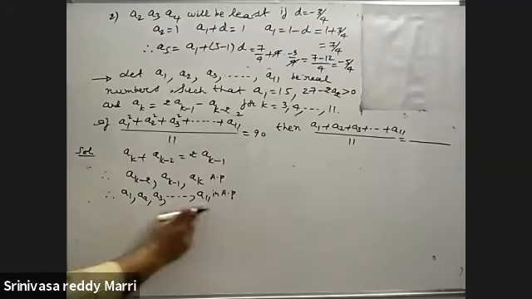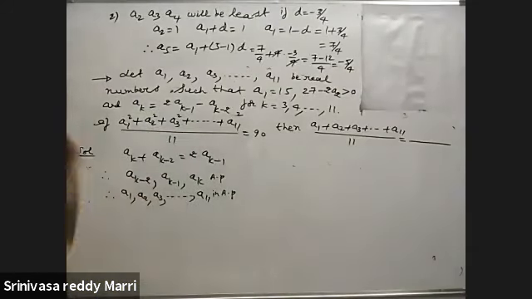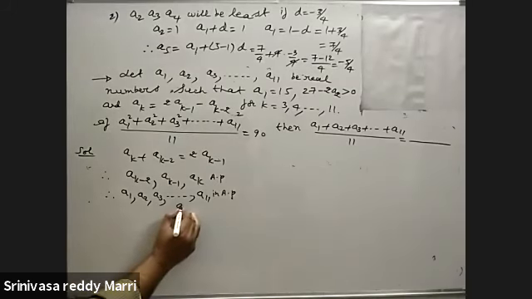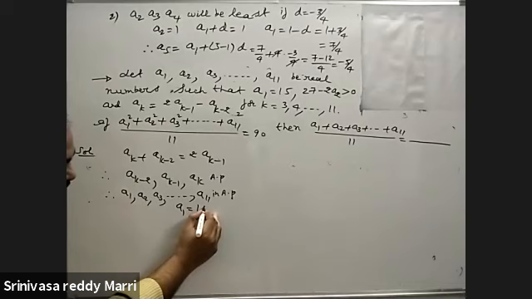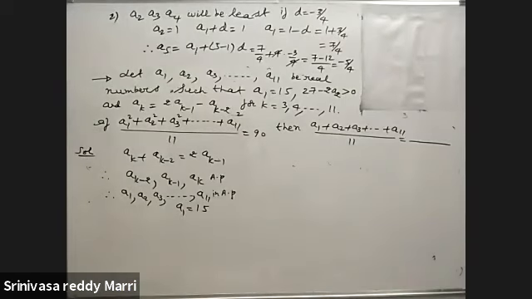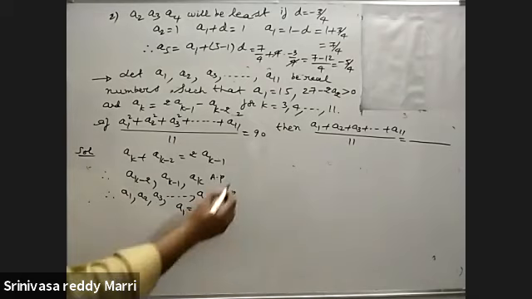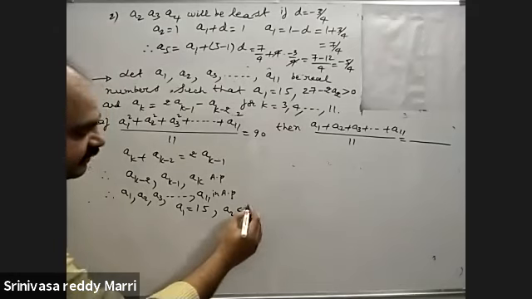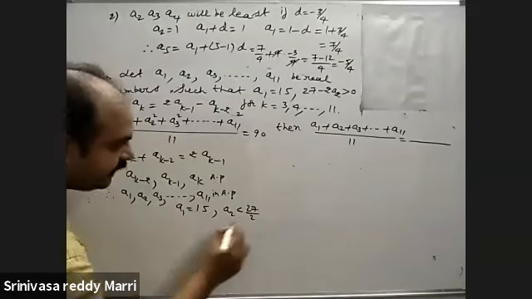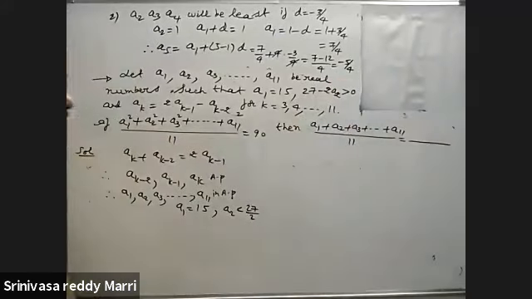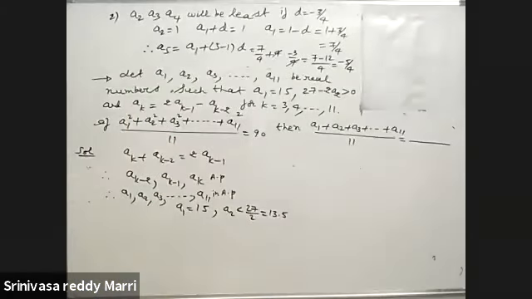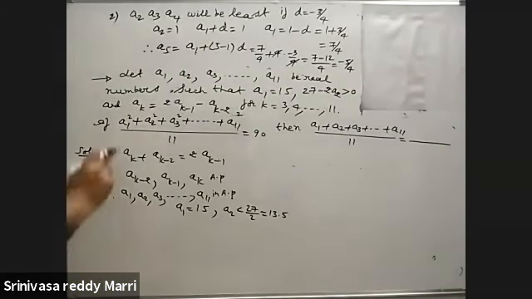That means for telling that they are in AP, this relation is given. Now these are the numbers in AP whose first term is given. a1 equal to 15 is given. First term of AP is given. Now second term, look at. a2 is given as less than 27 by 2. Bring that a2 that side. Given that a2 is less than 13.5. These two are given.